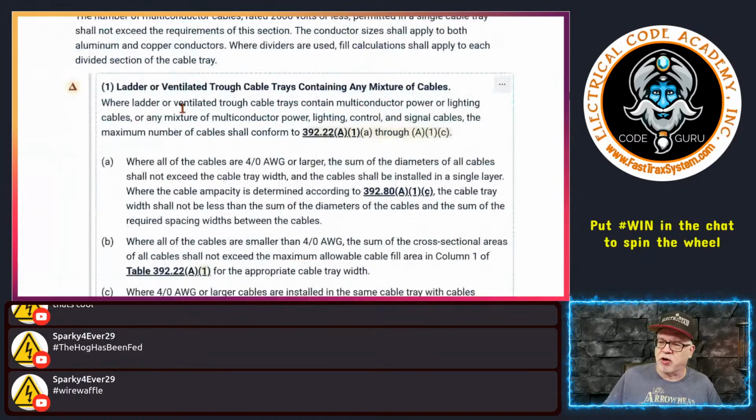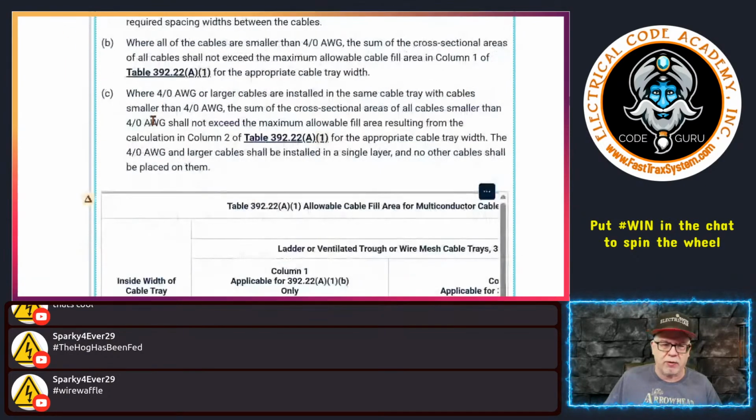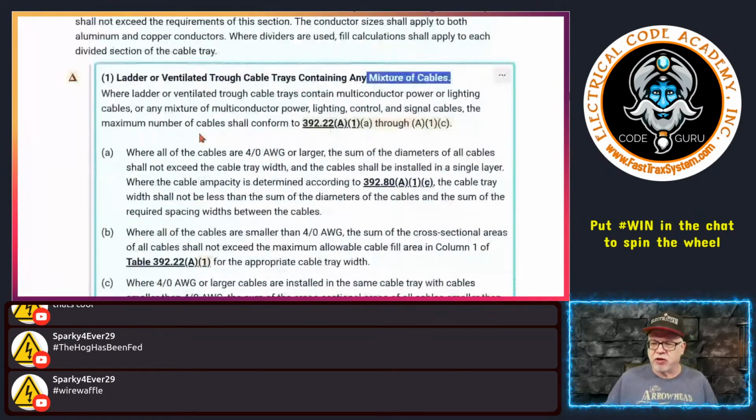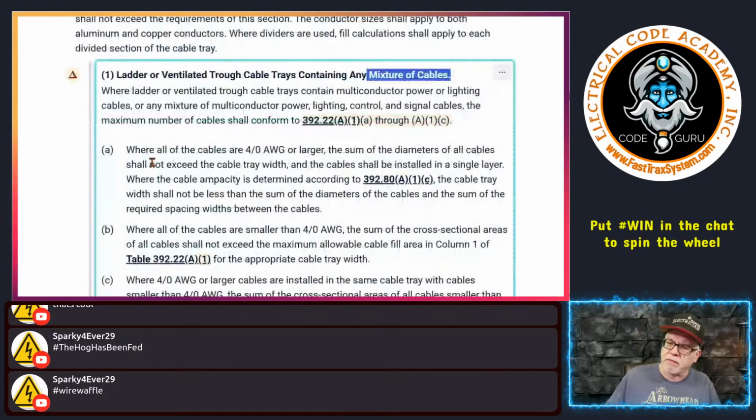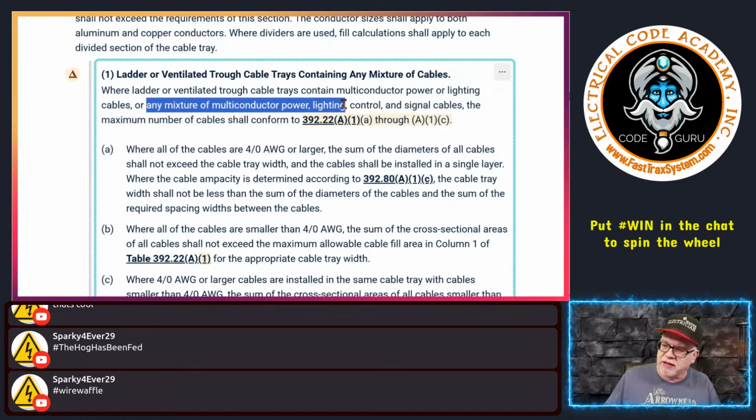So let's talk about the first one. Ladder and ventilated trough cable trays containing any mix of cables. All right, so that's what we're talking about here. So there we go. We got a bunch of them here. So the first one, these are going to be pretty straightforward. It says where a ladder or ventilated trough cable trays contain multi-conductor power or lighting cables, and again, or any mix of multi-conductor power, lighting, control, and signal, the maximum number of cables shall conform to